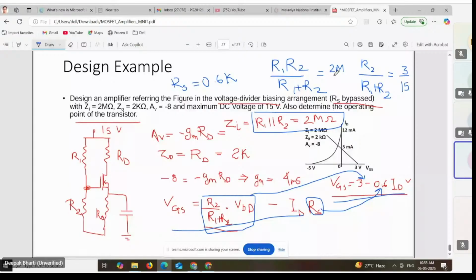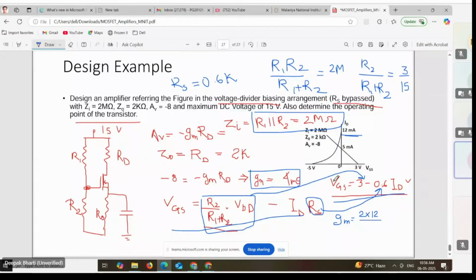And then now it says determine the operating point of the transistor. How will you determine the operating point? You know the GM. So what was the equation of GM? GM was twice of IDSS by mod of VP. What is IDSS? It is 12 milliampere